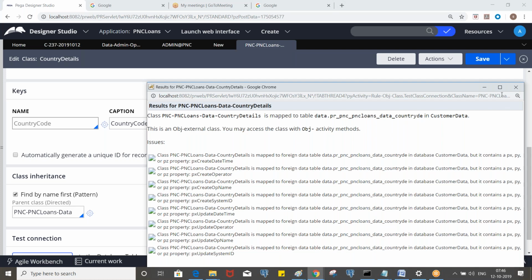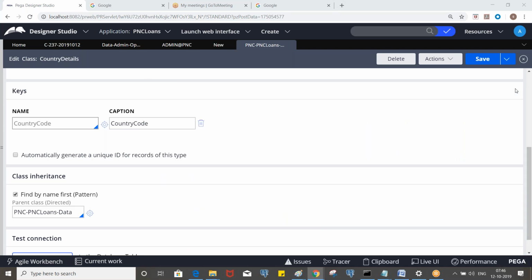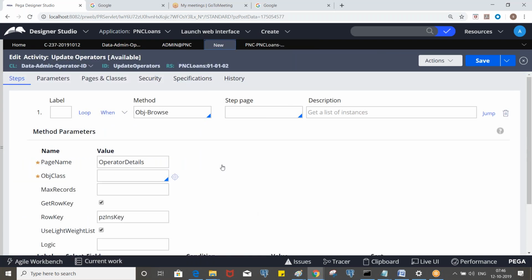Since we have the class reference, we can still use Obj methods, and we can use other methods also, like RDB. Okay, and this is the internal class, right? Data admin operator ID. So you will have the pzInsKey generated on each page.